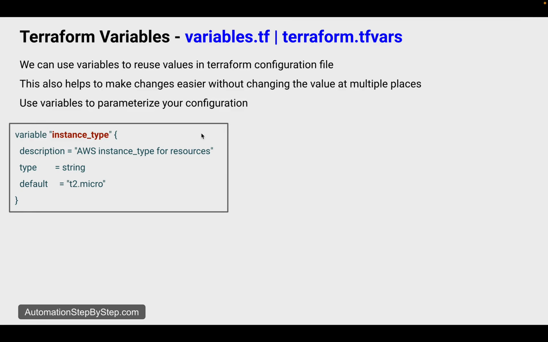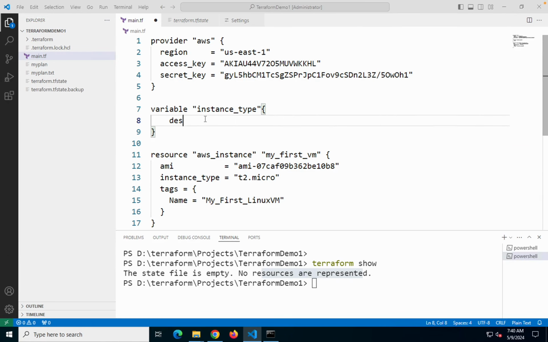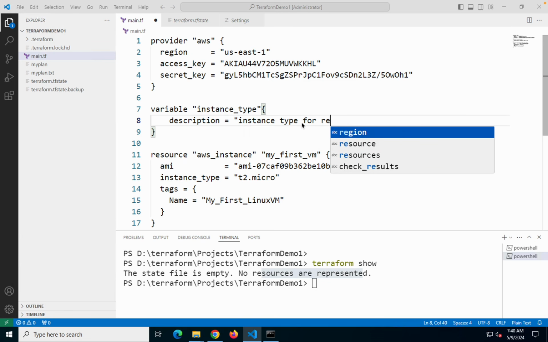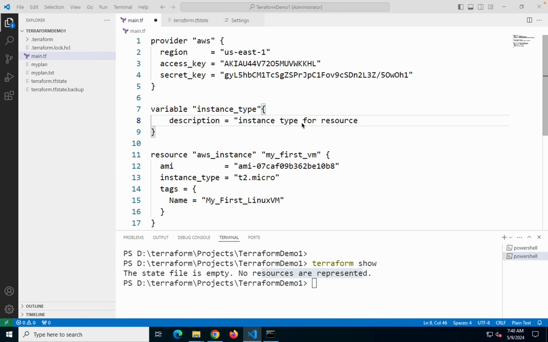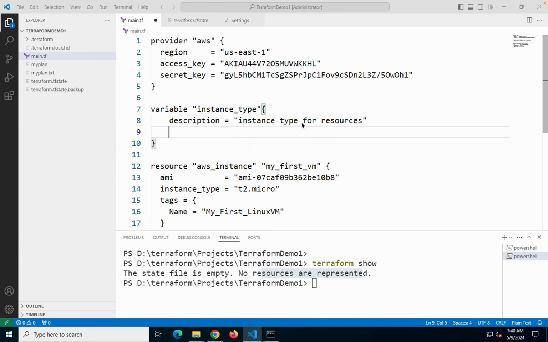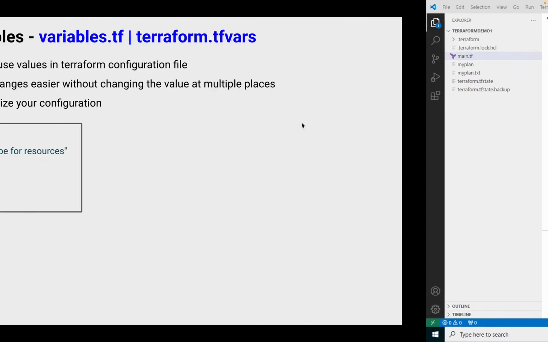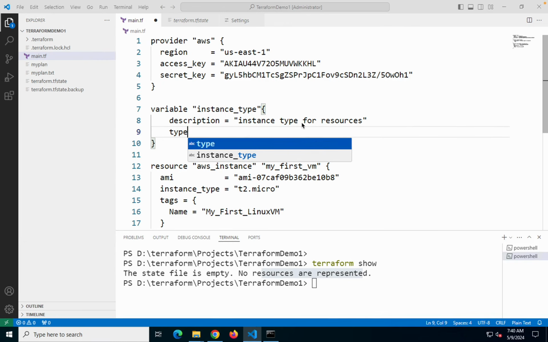Here I can give a description, type, and the default value. So for the description I will say instance type for AWS resources. Okay, and then type, I can say this is string,